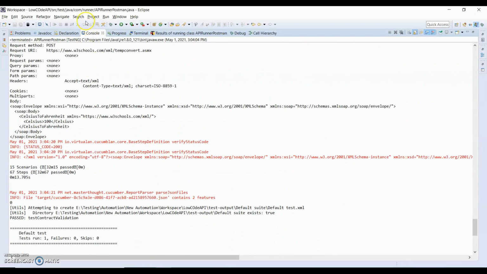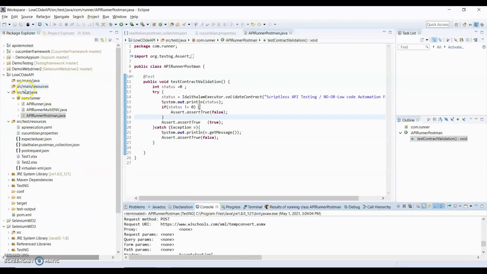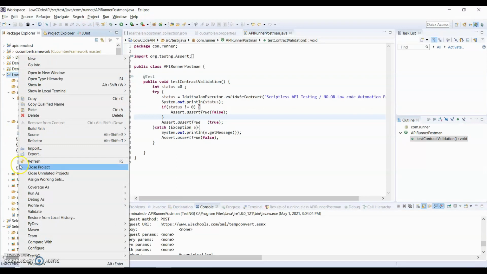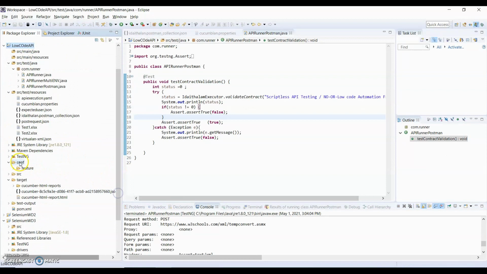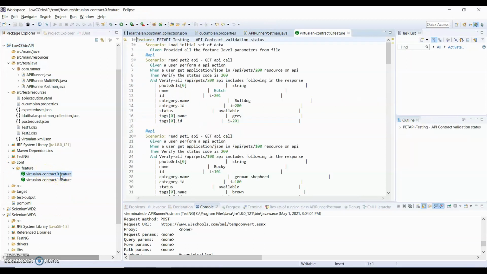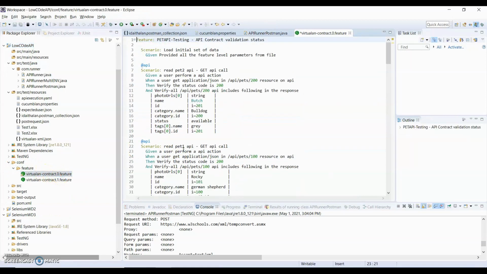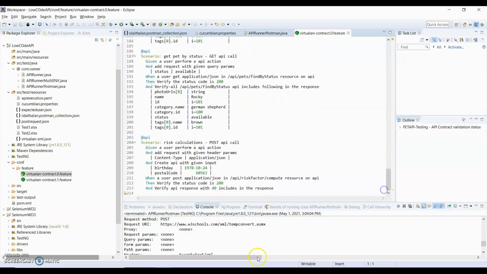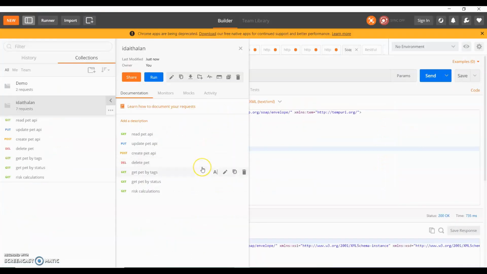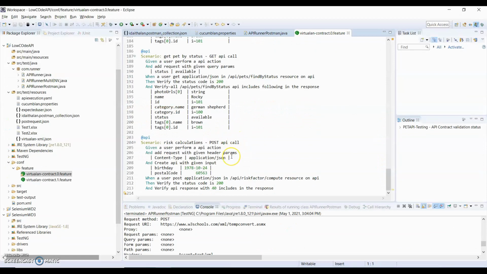Let me open my low code API framework and refresh it, and now you can see a config folder. In the config folder we have a feature folder, and in the feature folder you can see the feature file has been generated automatically. It gives all the test cases which I have written in Postman, now generated as a BDD feature file.